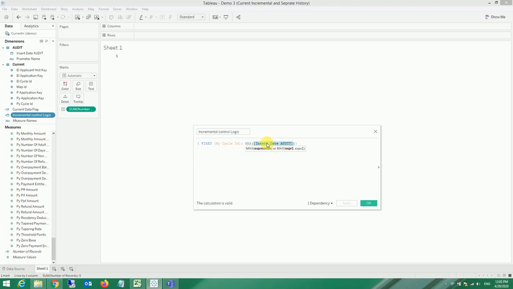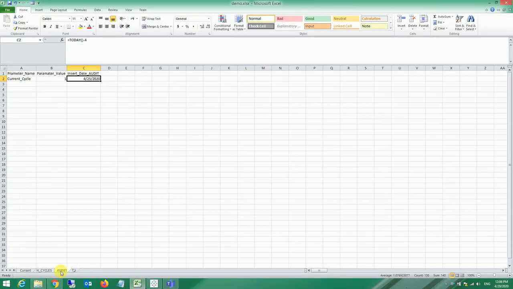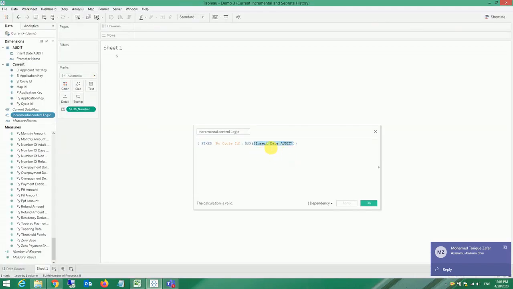What it does, it will limit all the cycles data to the latest date. For example, in our audit database previously it was 24 and I changed it to 25 to bring the extracted information, right? If this date is an old date, the extract will not bring anything. It must be a new date or the latest date. And I created this logic, so it will always see the max date.